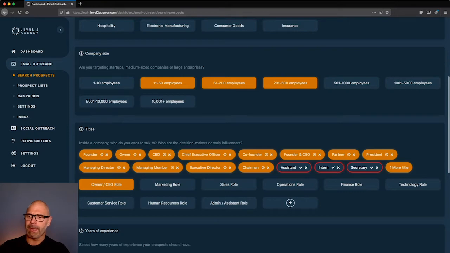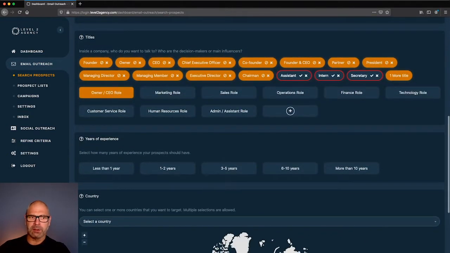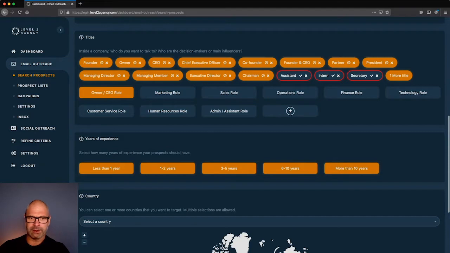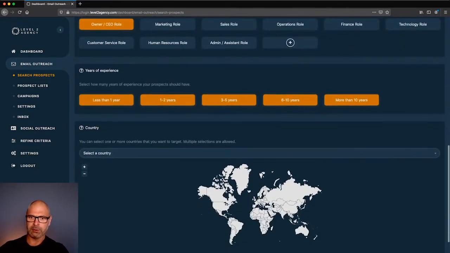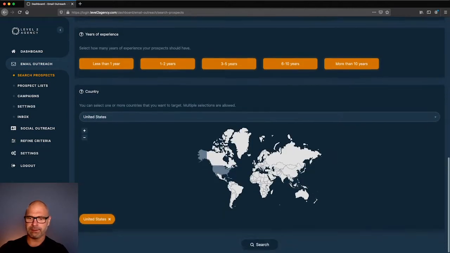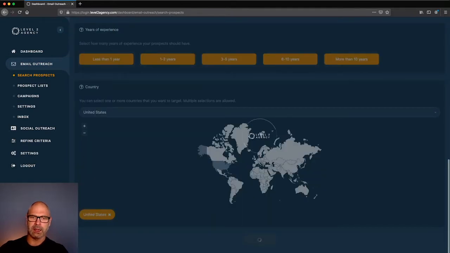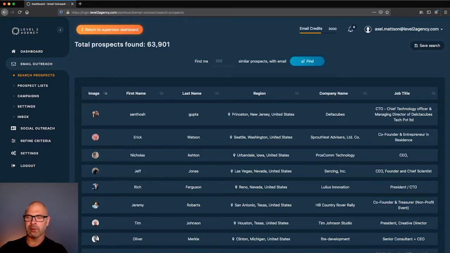You can see there we've decided to not have the assistants, the interns, or secretaries in it. If I would like to have that included, I could just add that as well, like that. But in this case, we're going to keep that separate. We're not going to make a difference in years of experience, so we're simply going to add all different types of experience. And we're also going to pick the country. In this case, we're looking at businesses in the United States, and we're going to make our search. What this does is make a summary, giving an overall of what we found. You can see we had